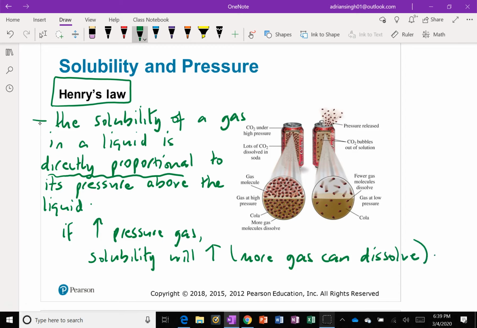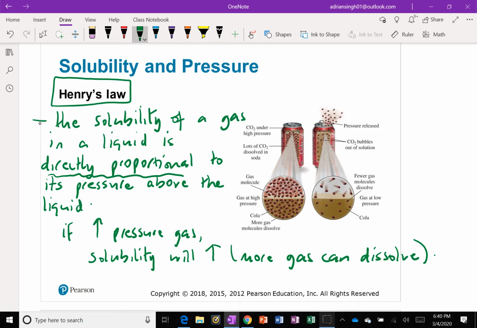And then the opposite would be true, right? If you lower the pressure, then the solubility of the gas will decrease, meaning the gas will actually leave the solution. Right? If you go back to the example of your favorite carbonated beverage, right? Whether it's a diet something or a Coca-Cola or a Pepsi or a Dr. Pepper, or whether it's something a little bit more stiff,